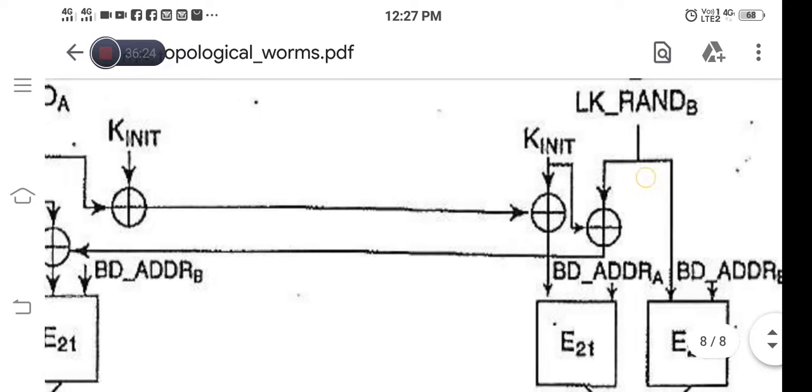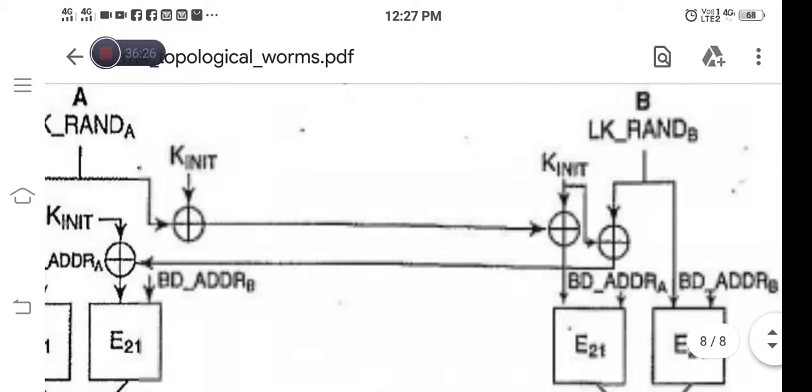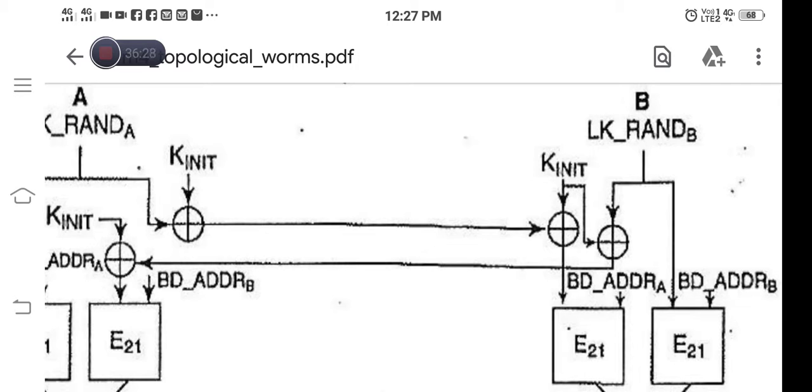So at both sides, the XOR operation between K init and the respective random number is performed, and that is exchanged between A and B. The purpose of exchanging is that at both ends they will extract the random number of the other side's device.